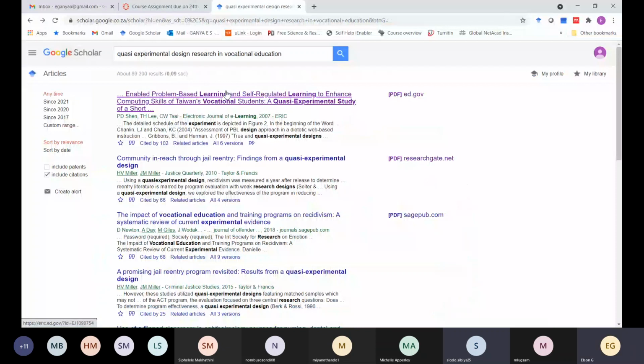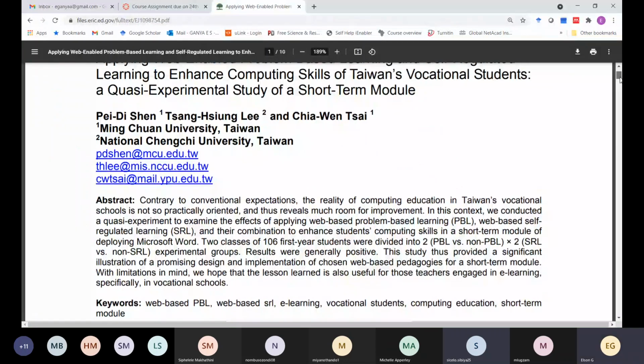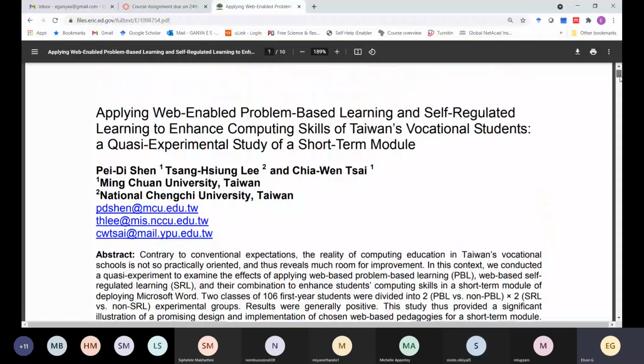What paper is showing now? Can you see that paper now that I talked about first time, applying web-enabled something? Yes, we can. Okay, so if you go and read your notes, you will see that in quasi-experimental, you